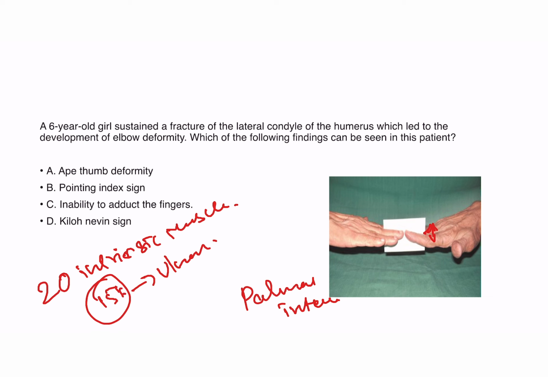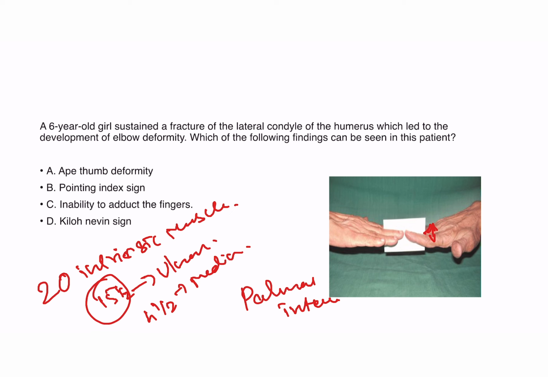Or I should say 15 and a half is supplied by ulnar nerve. Only 4 and a half is supplied by median nerve. In that case, ulnar nerve supplies maximum, like 4 dorsal interossei, 4 palmar interossei, and all hypothenar muscles and 2 lumbricals, and heaps of muscles are supplied by ulnar nerve. So ulnar nerve is called a